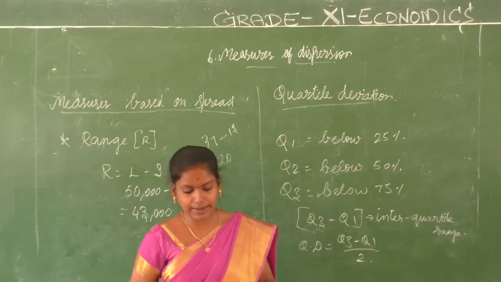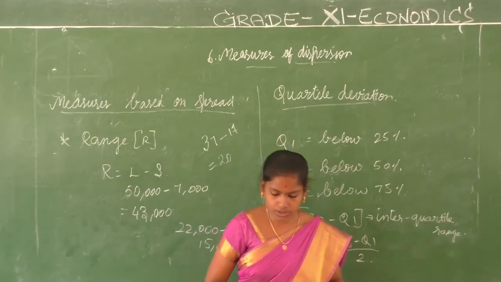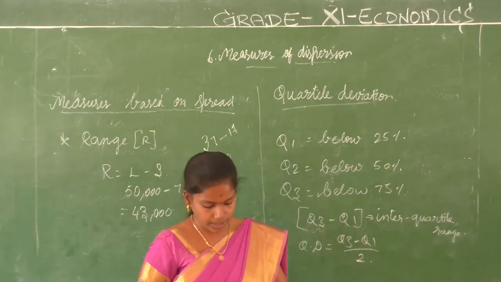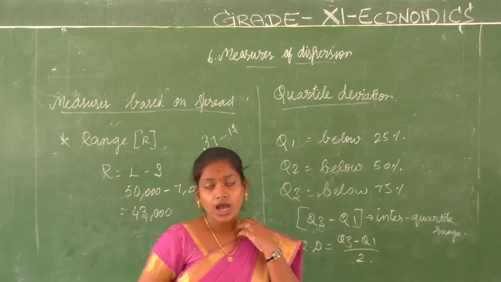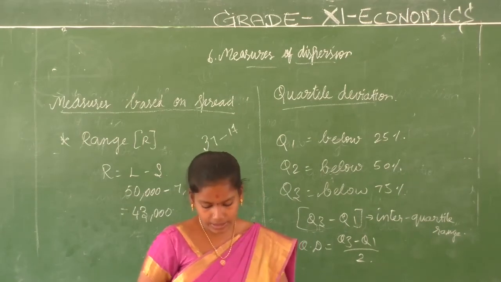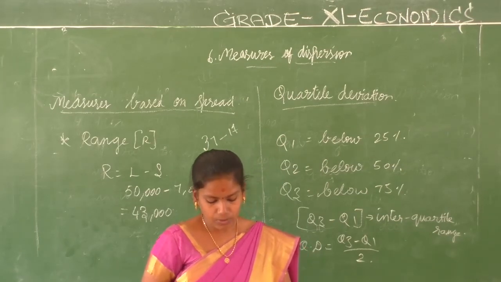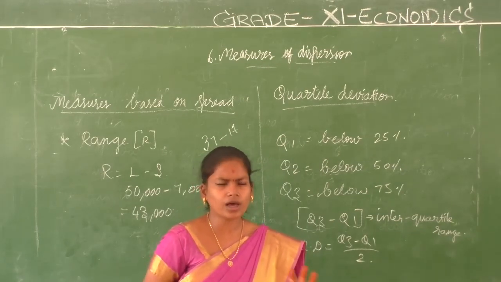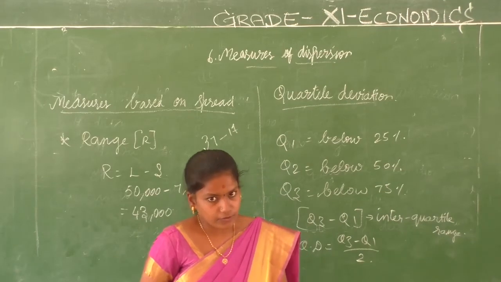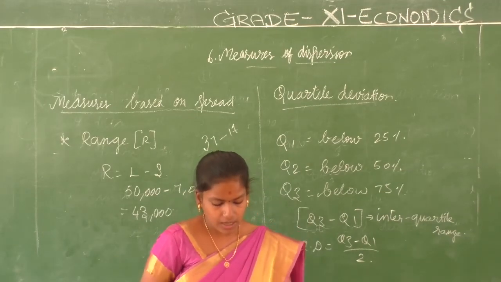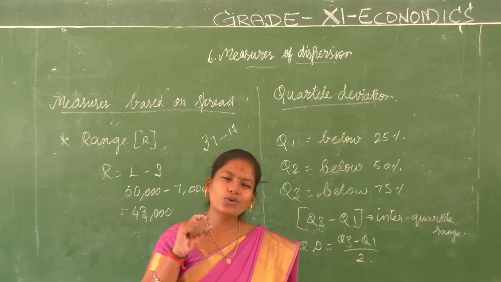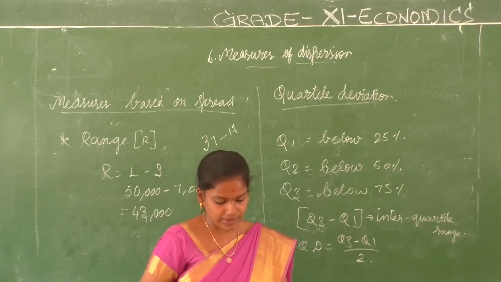Okay, there is an example which you are just going to see how it has worked out. They have calculated both range as well as the quartile deviation. I want you to go through both the examples, example 1 and example 2. Just look into it, how they have worked out, just for knowledge purpose. Okay? And then the next class, we'll just quickly see what is meant by mean deviation.